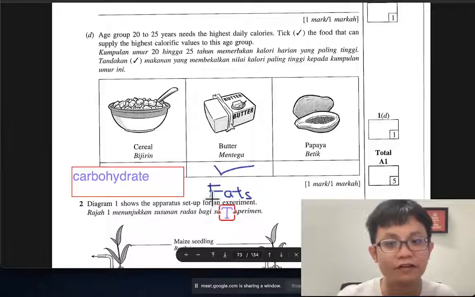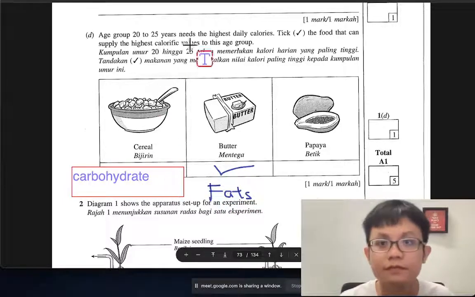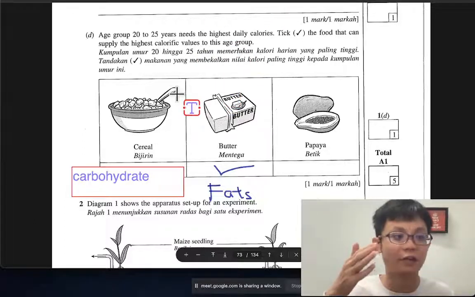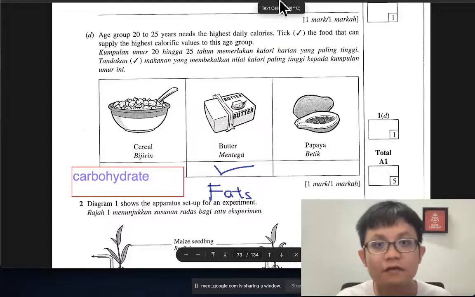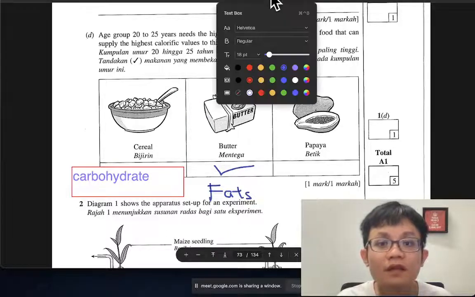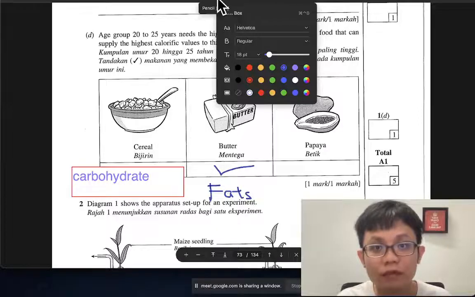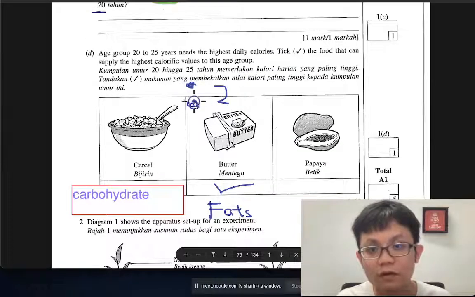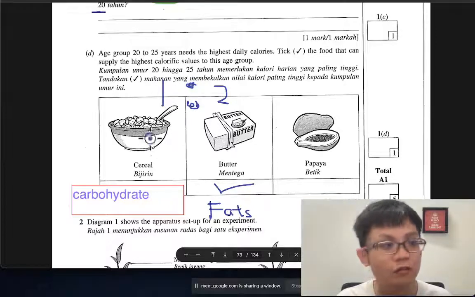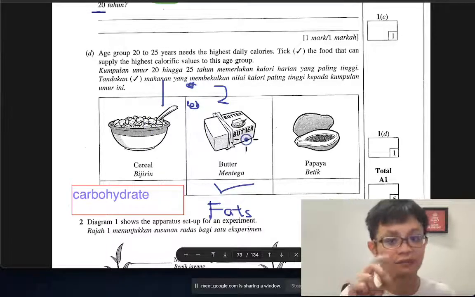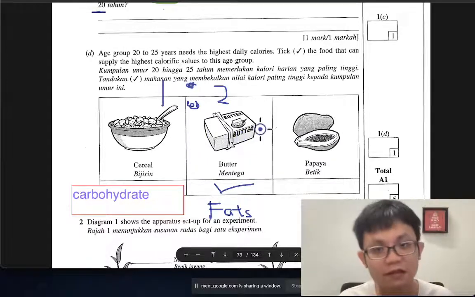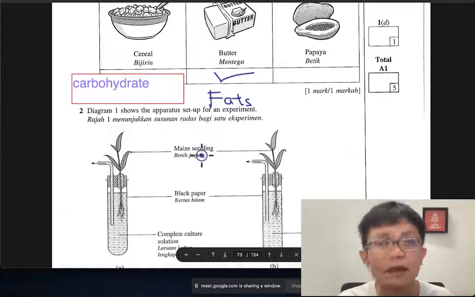Okay, so what is the ratio of fats and carbohydrate in terms of calorie? The ratio of calorie between carbohydrate and fats. I don't know. It will be around 2 to 1. 2 to 1, okay. So if you are taking 2 plates of rice, it is the same calorie as 1 butter. If you want to take butter, you don't need to take rice because you need to times 2. And that's the amount of the thing that you eat.